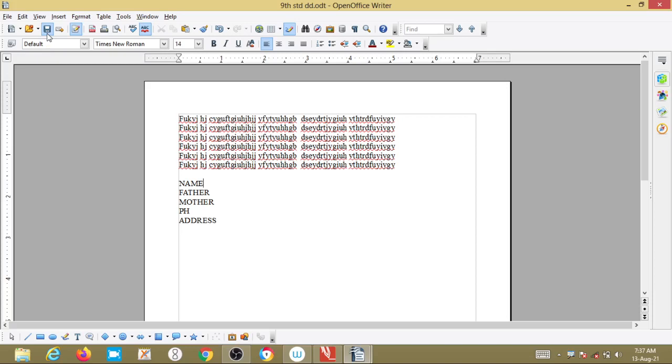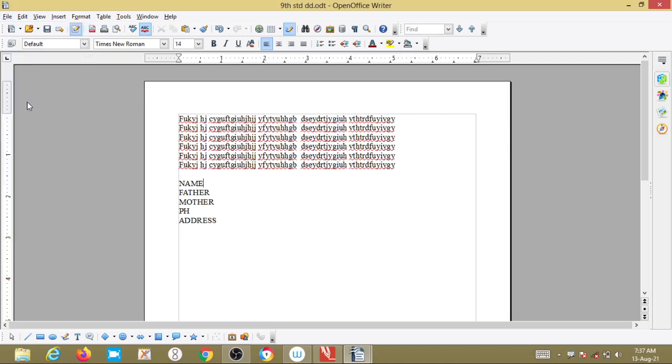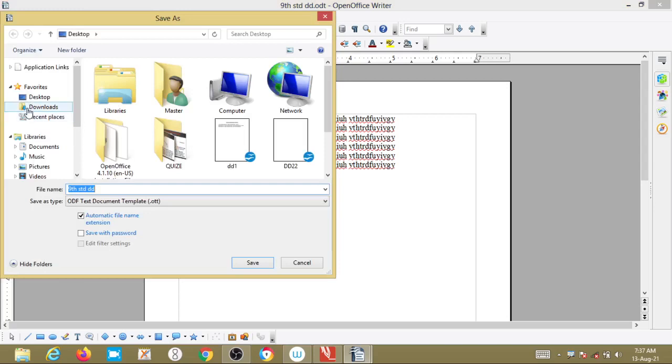Instead of that, I want a new copy. Whatever changes I have made, I want a new copy. Then what do I have to do? I have to go for Save As. If you give Save As, it will show the previous file name you gave.